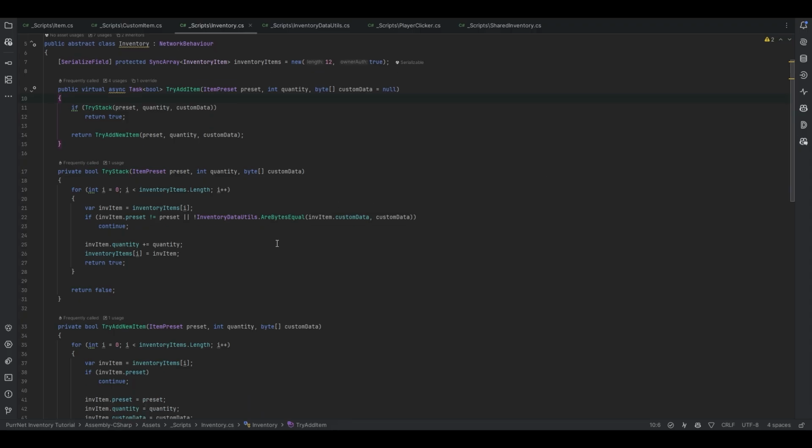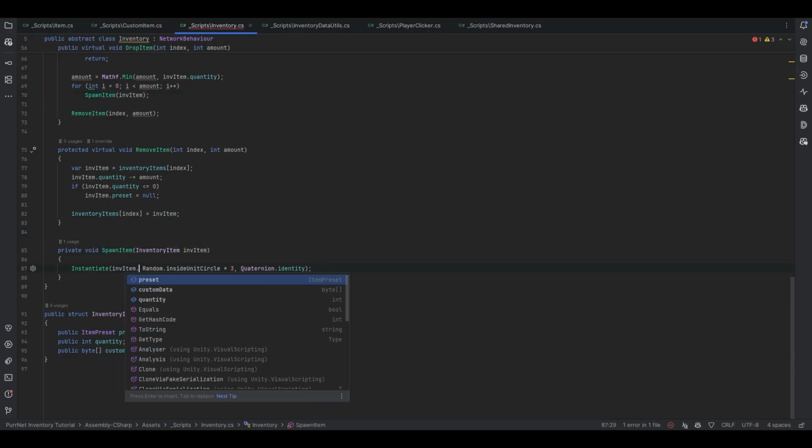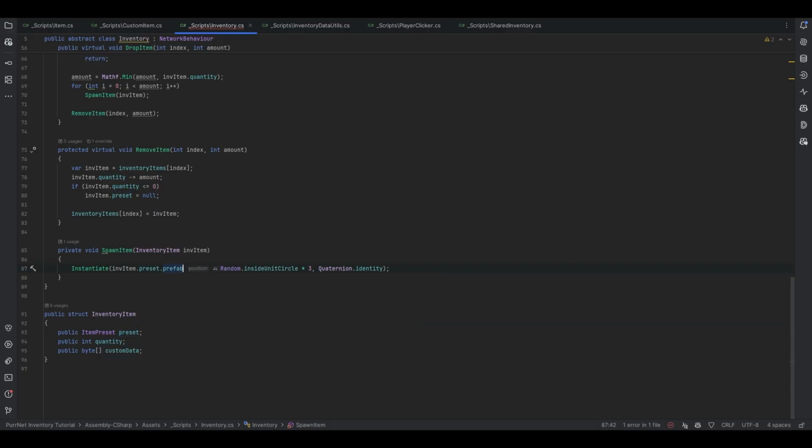We want to do this with the spawn item here. While we actually spawn the item, we instead want to send the full inventory item because we need a little bit more information now. Now let's go back to where this is called and just make sure we send the whole inventory item. Now what we want to spawn is just the inv item.preset.prefab. And I'm just going to call this var spawned item like so. And then we're going to do if